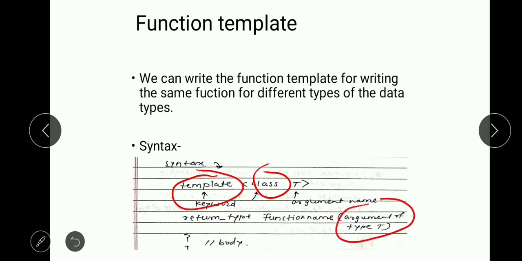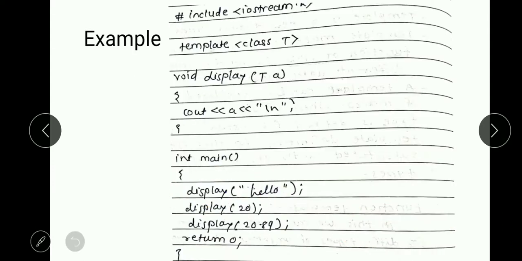So we have to pass that t variable in the program. This is a simple example of how to use the template concept inside the function. So template class t. This is the declaration of the template. This declaration is a must. Then that t variable we can use in our program.